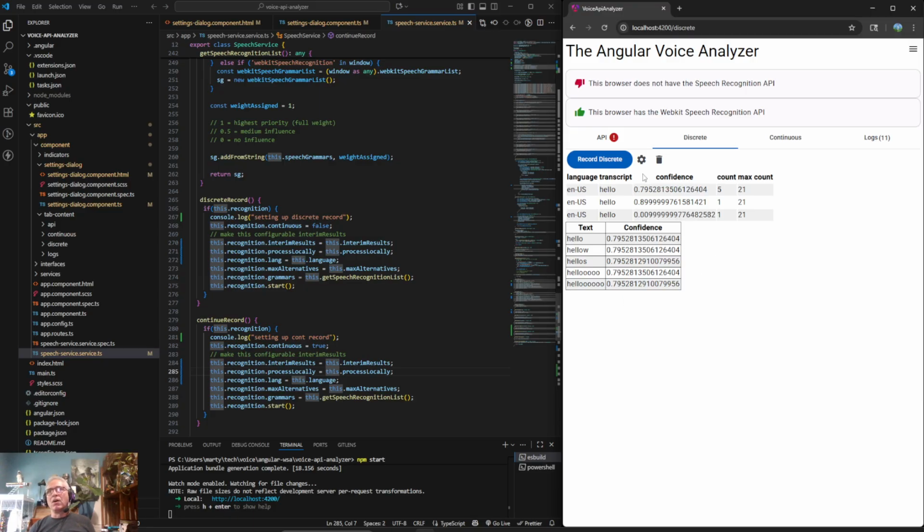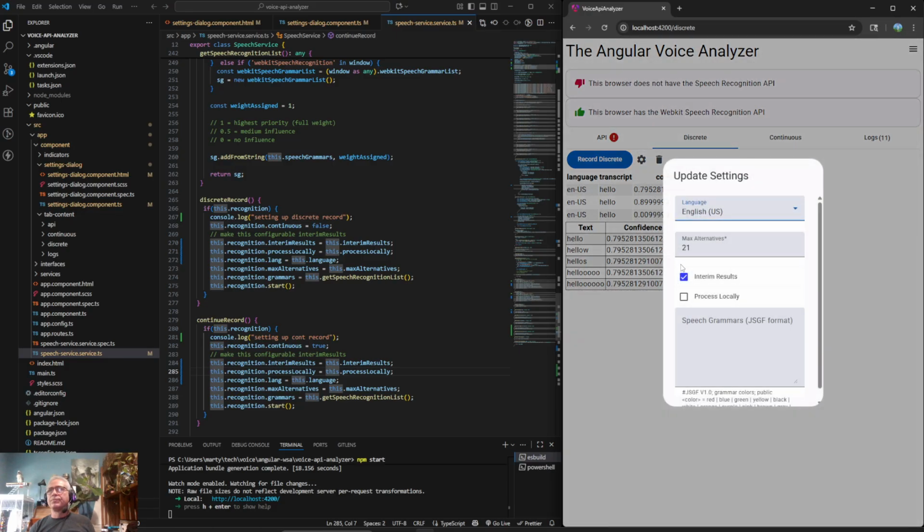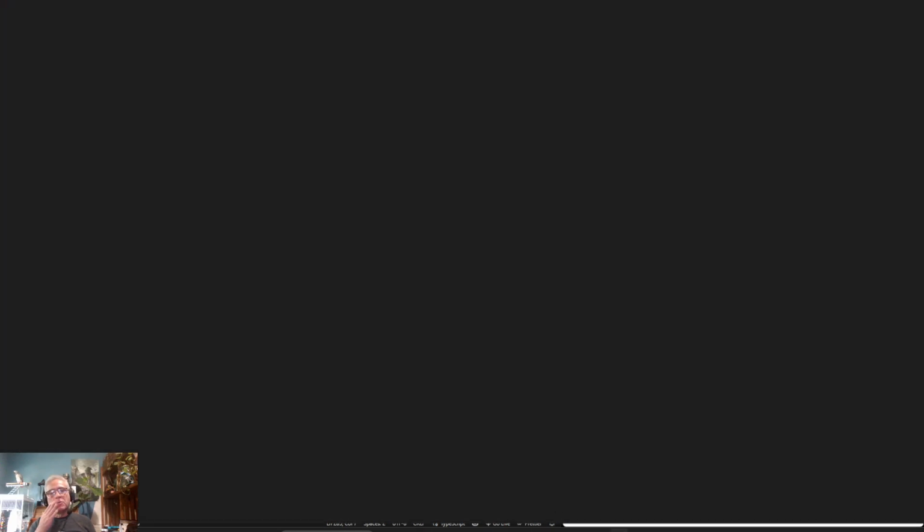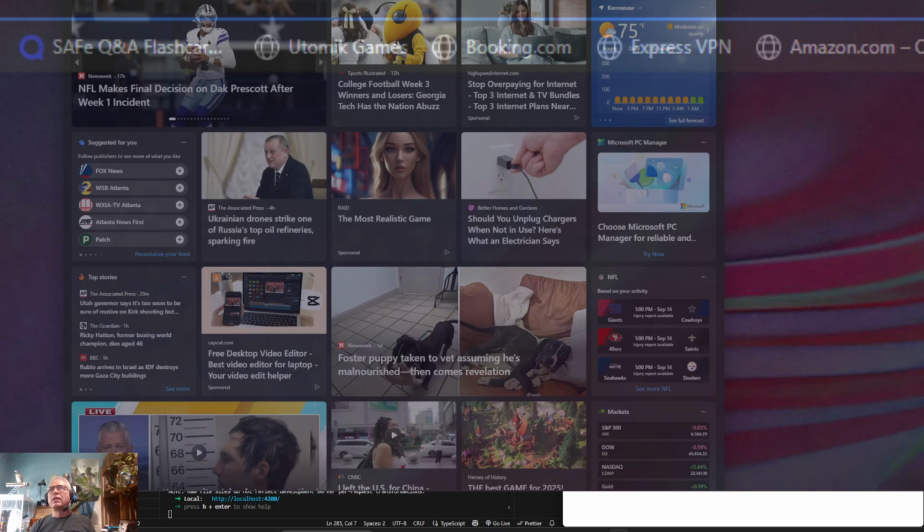So let's turn it off now and try it again. Hello. And see, this time all we get is the last value with the 5 values. So that's the way that works. Okay, so now let's try it in Edge. This technology seems to be supported in Edge and in